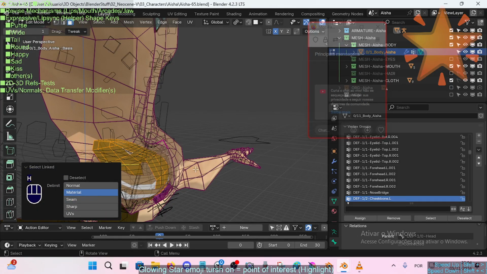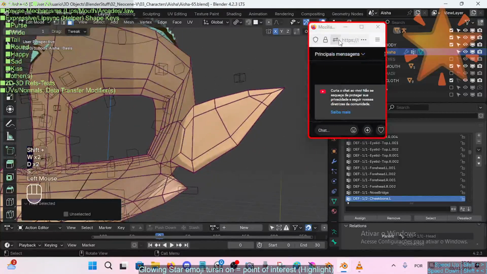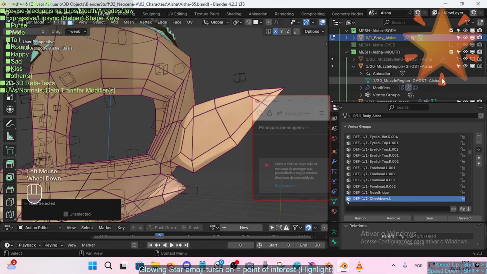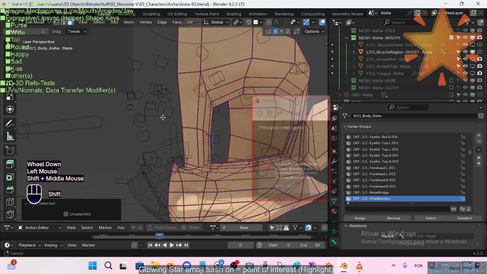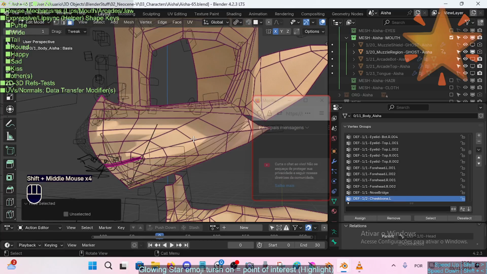I could make seams just for that hiding, that can also be useful. Let's hide some more stuff here, folks. Mouth, I really just don't need to be looking at the arcades, nor cloth, yeah, we can hide for now. So I'm gonna hide the body, so just